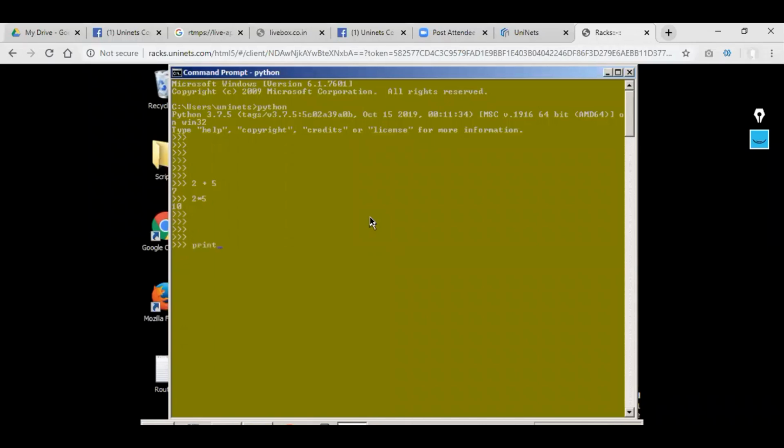Now because it is version 3, something like print hello, what would be the output of it? There would be an error. If we check, it is an error because of how I'm writing print over here. How to use it, we will definitely come and tell you how to use the print function, what the functions are, what the variables are. We will tell you because it is the first class and we need to show you something. So we are just providing you a brief of how this stuff works.